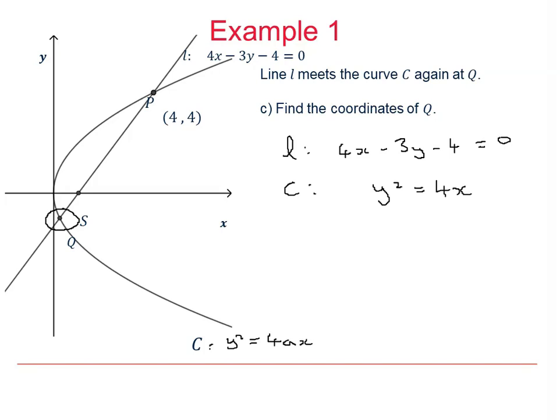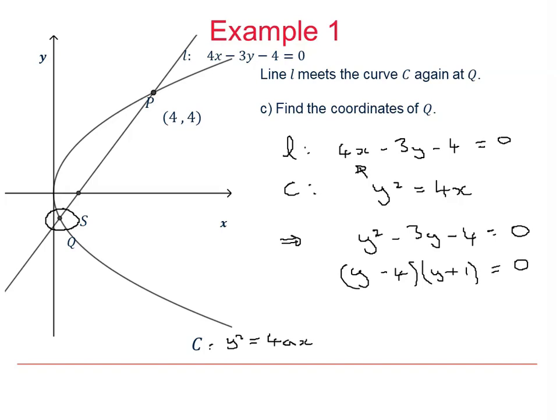So we can substitute 4x being equal to y squared into this equation here. So we're substituting one equation into the other. These two equations give us that y squared minus 3y minus 4 is equal to 0, where the two lines intersect. This factorizes into (y minus 4)(y plus 1) equal to 0, which gives us two values